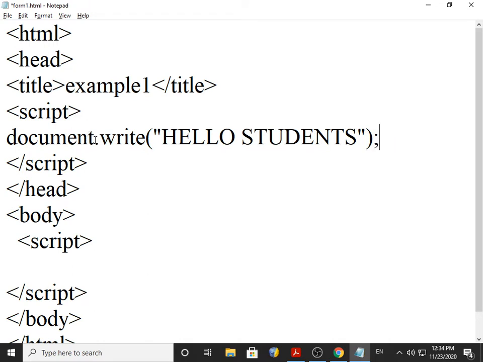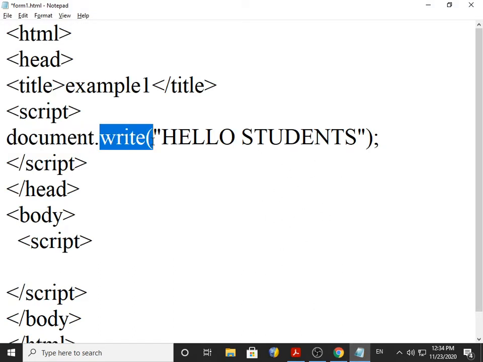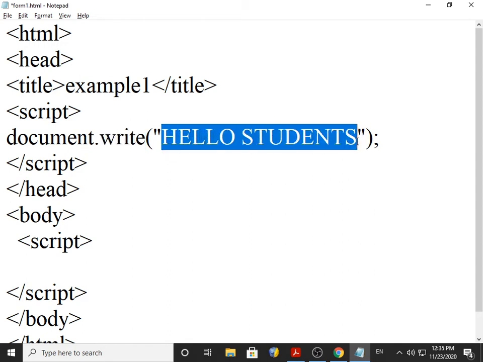Now this sentence has a meaning. Document means your browser. This is your document, the white area, your browser area. Write means write down. In your browser area, write down whatever is mentioned inside double quotes, and that will display as it is.